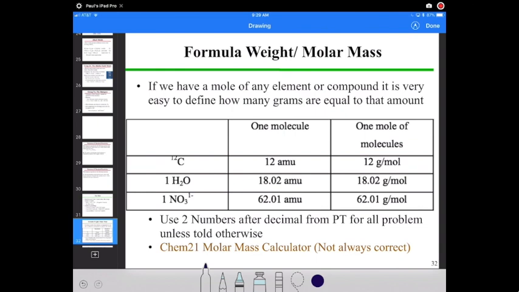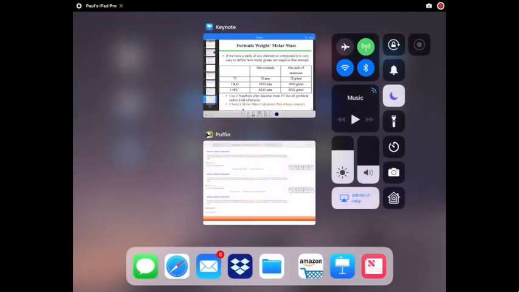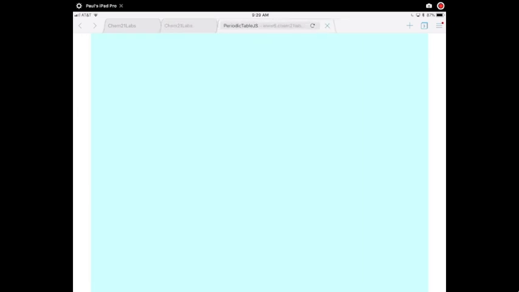The term is the same. If you hear formula weight or molar mass, exactly the same. For your problems, we're going to need these molecular weights or molar masses, okay? But this is where you get them. You get them from the periodic chart,